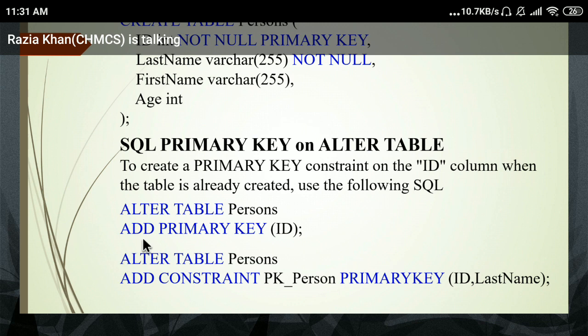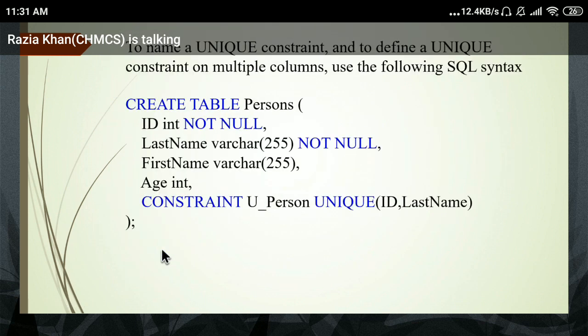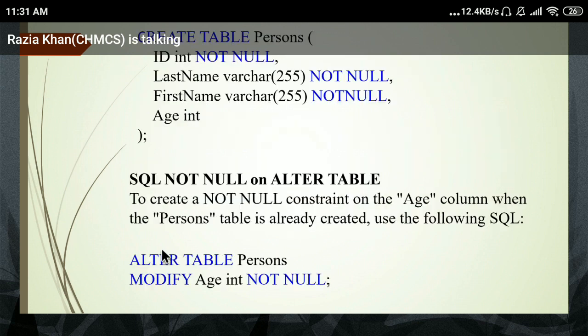If you want to change the constraint, for example, here primary key is there. When you create the table, you are applying primary key on the ID column. But if you want to change the constraint from primary key to foreign key, you have to use the modify keyword in the alter query. Yes or no? Just take this syntax, everyone. Just wait. Everyone just take this.